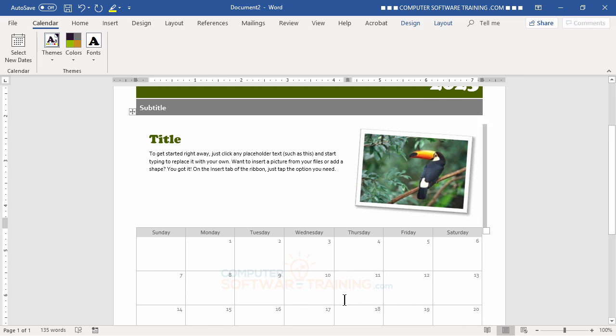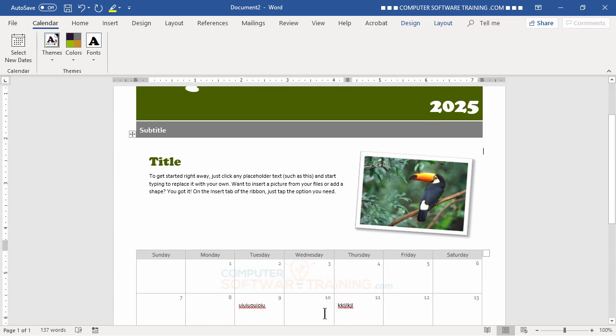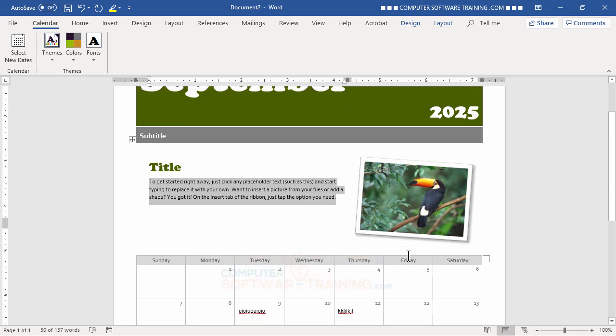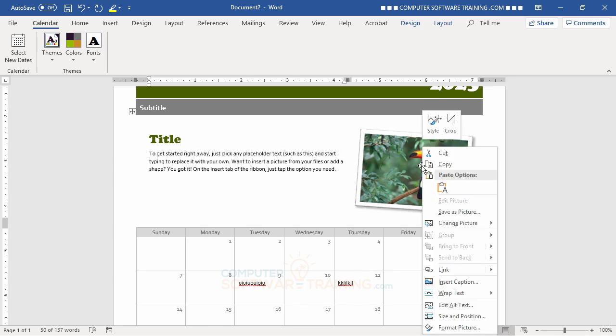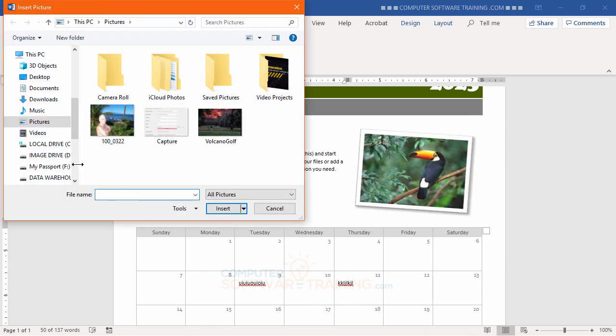Now you can go into these different date slots, so you can type in information that you want to put there. Again, you can go in here and change this text here. And you can even go as far as changing the picture. To do that, you can just right click on that. You're going to hit Change Picture, go to From File,